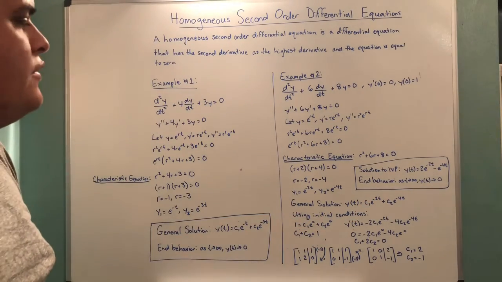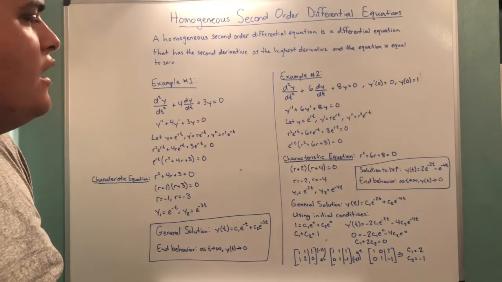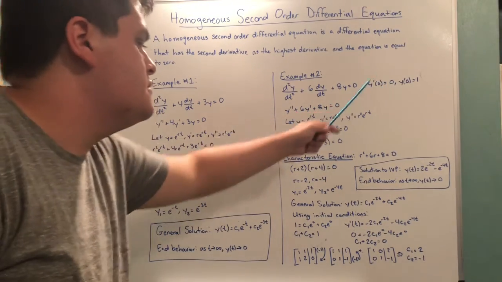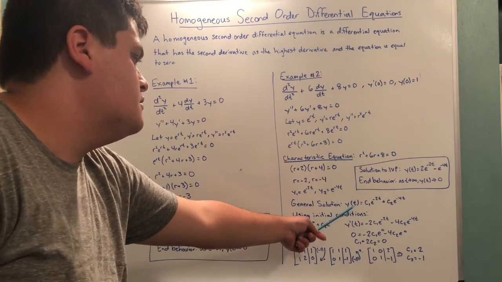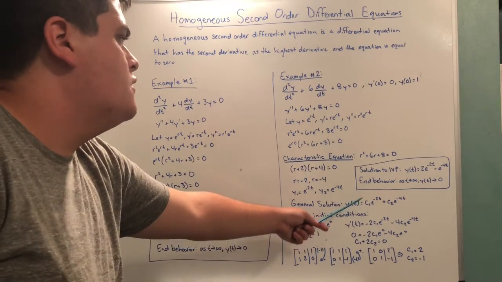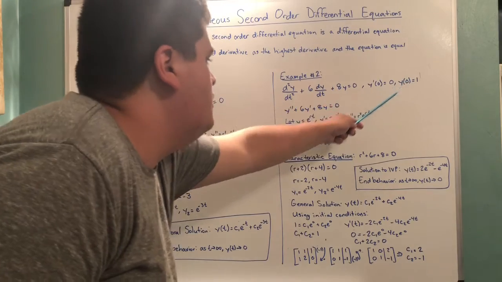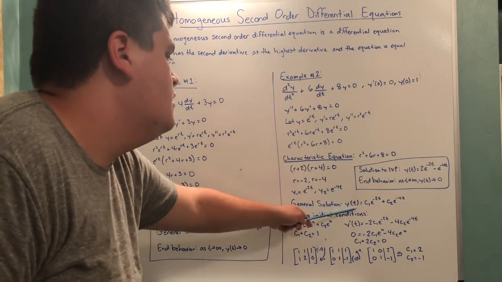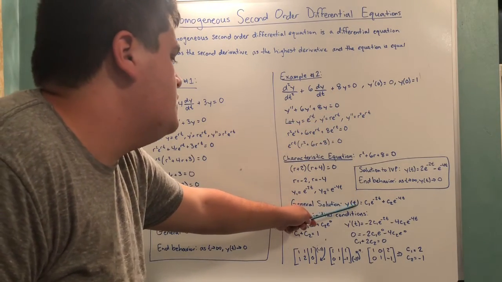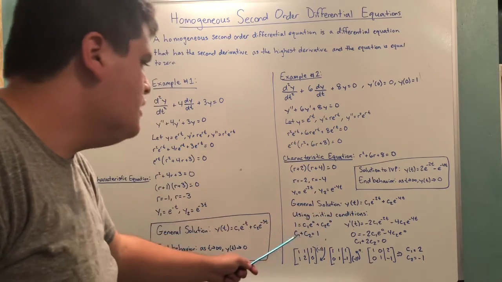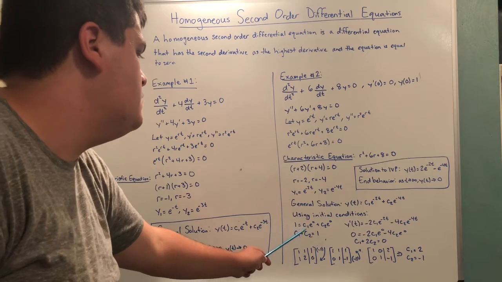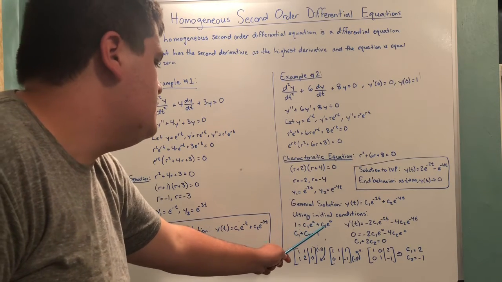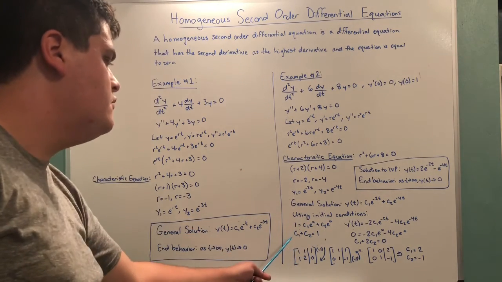However, although we have found this solution, we have not yet used these initial conditions. So now we go back and use the original differential equation. So we see for our first initial condition, y of 0 is equal to 1, we use this y of t. This implies that y of 0 is equal to 1. So our y of t, so 1 right here, is equal to c1 e to the 0 plus c2 e to the 0. This implies that c1 plus c2 is